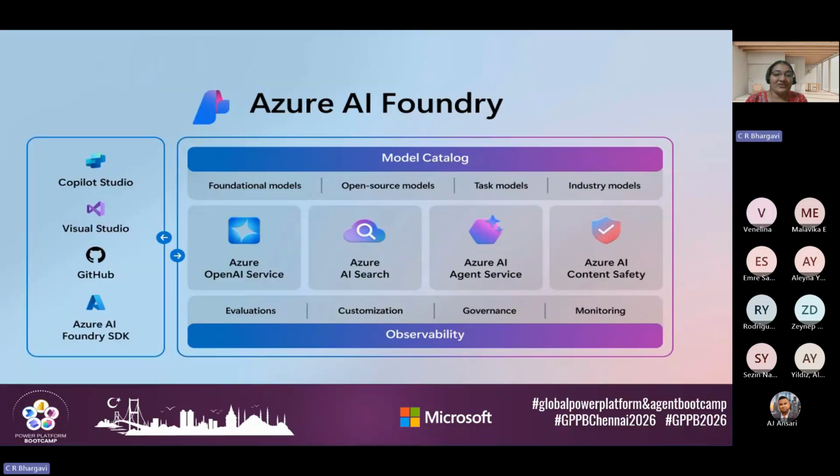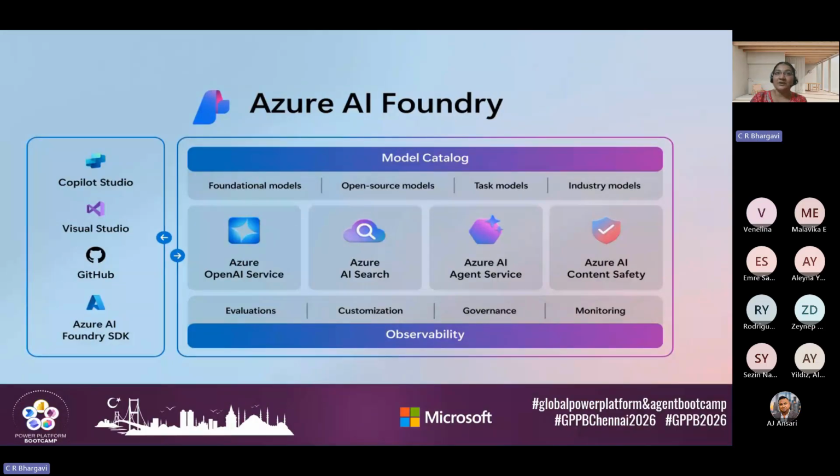Now, okay, what is Azure AI Foundry? This becomes the core topic for today's session, right? Like, we know about Copilot Studio, but what about the AI Foundry? Consider Foundry to be kind of a combined service that is available under Azure, where you will have the way of developing models where you can go ahead and